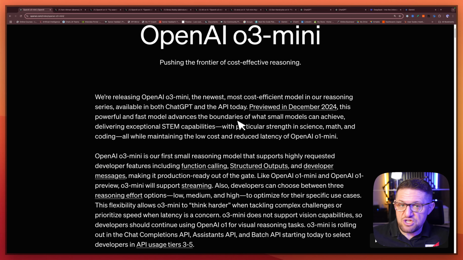And again, just a reaction, in my opinion, to what happened with DeepSeek. Otherwise, probably we wouldn't have seen this for a little while, probably 2-3 months down the line, if they didn't get the DeepSeek shock, honestly.